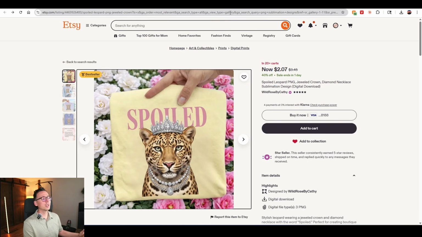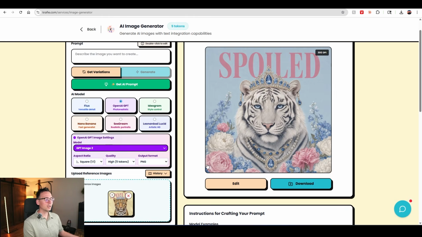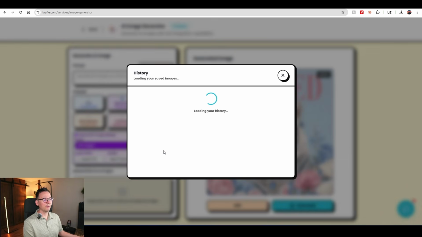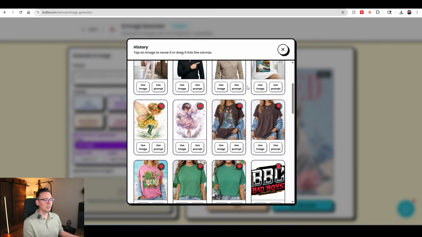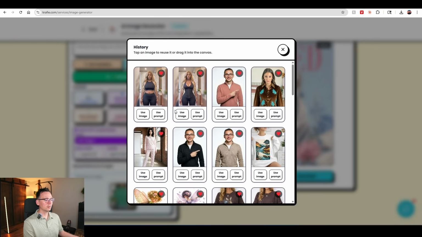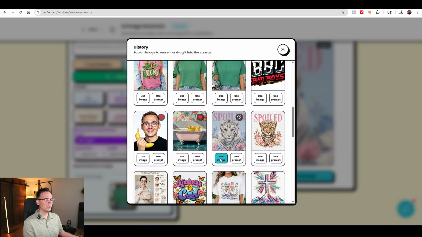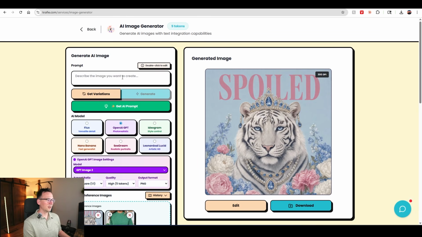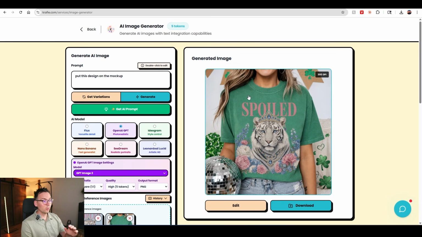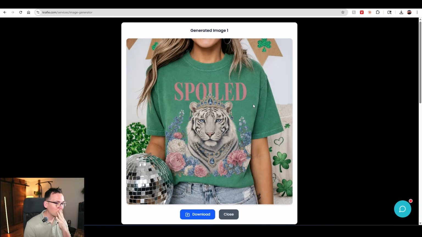And let's say I want to create a mock-up with this really quick too. So what I can do is I can upload this photo right here and mix it with like a mock-up design. So I already have a couple of different mock-up t-shirts in my history, so I'm just gonna reuse one. Let's say I'm gonna reuse this, so I'm gonna click on use image, and then I'm gonna upload this image for the reference too. And now check this out. I'm gonna say put this design on the mockup, and boom, now we got the beautiful mockup,